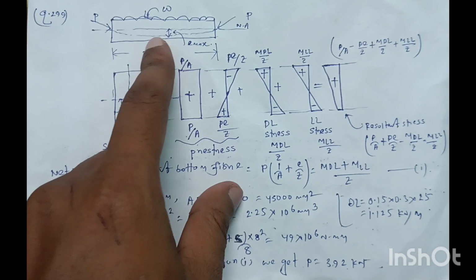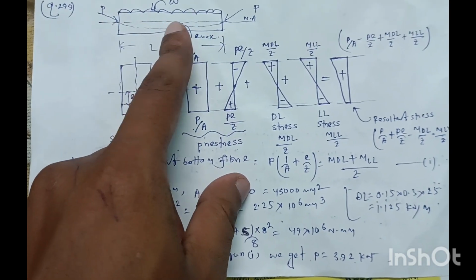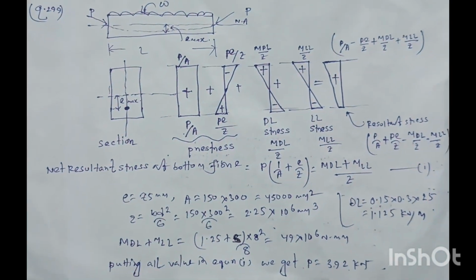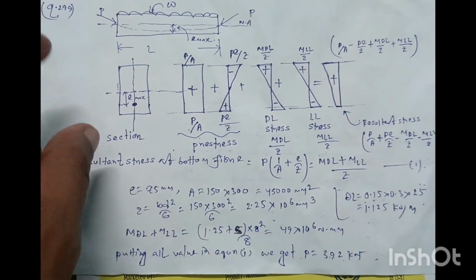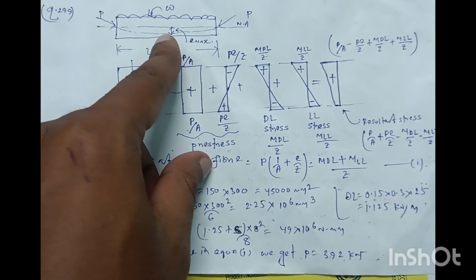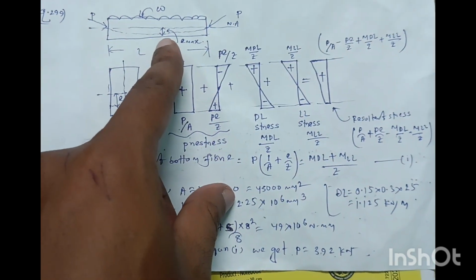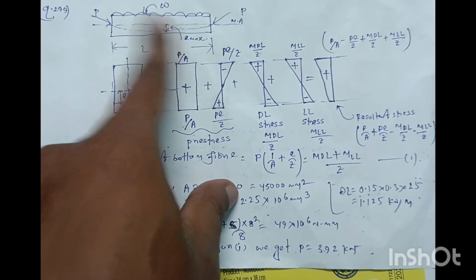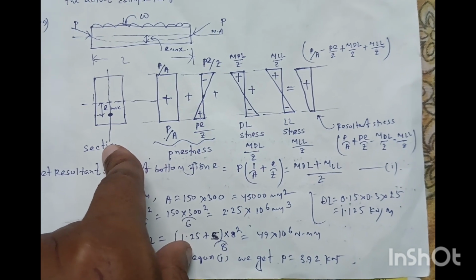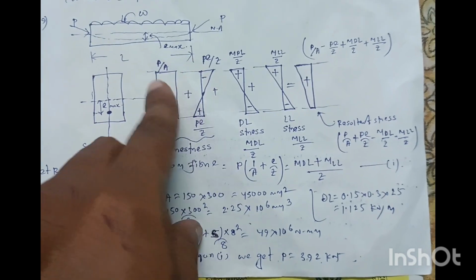So friends, suppose this is a pre-stressed concrete beam subjected to a dead load and live load and subjected to pre-stress force P. Okay, and the pre-stressed concrete beam has a cable profile that is parabolic in nature. The central dip of the cable at midspan will be 75 mm, which is the E maximum, and 0 at both ends. Okay, now if we consider the section under the pre-stress force and area of this section and eccentricity